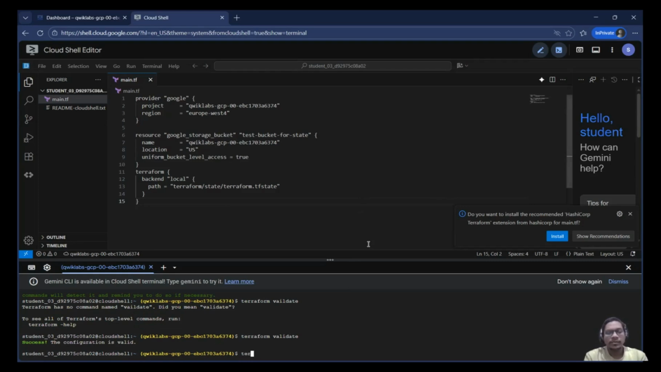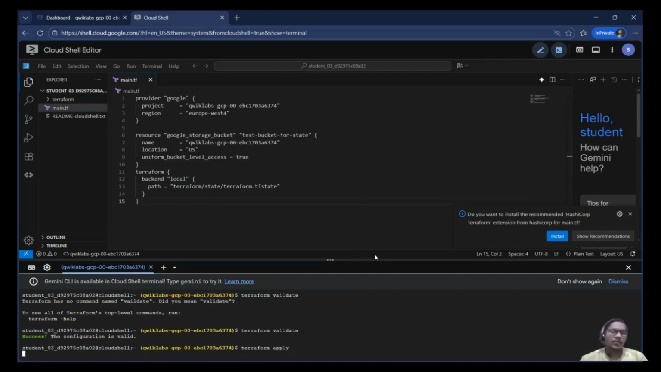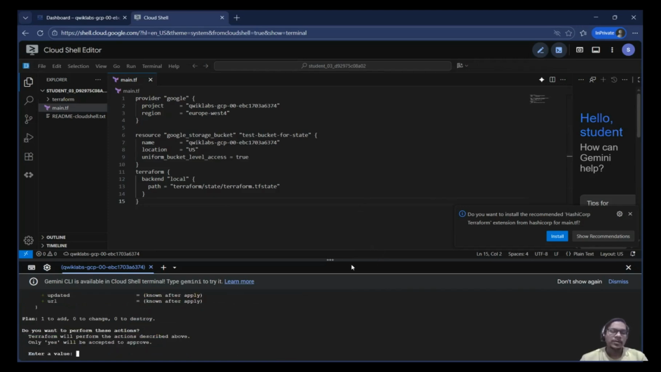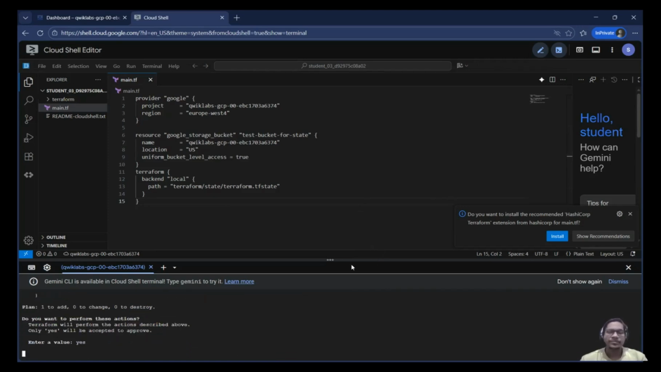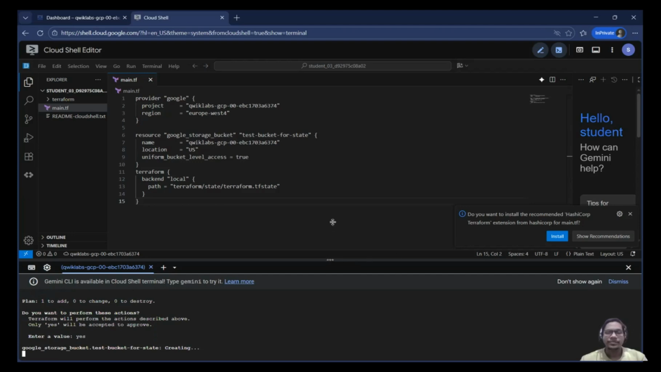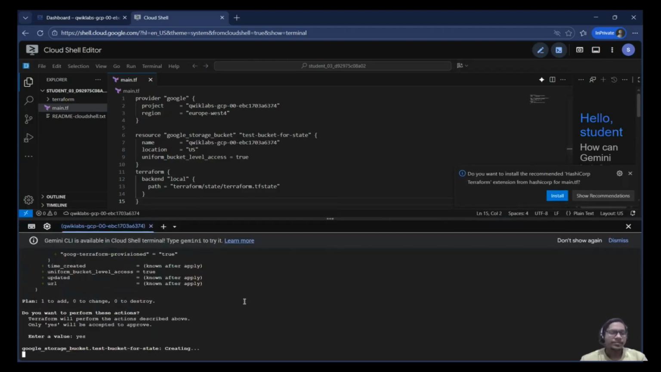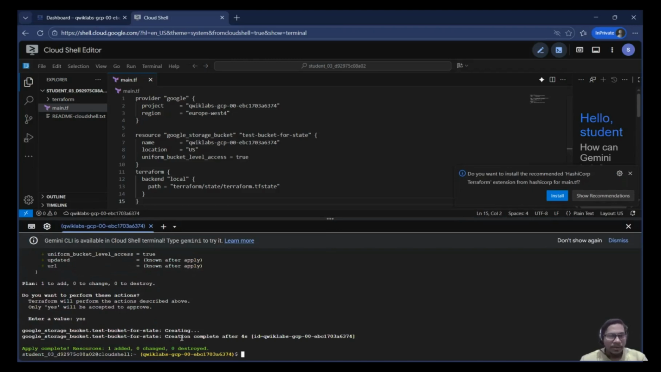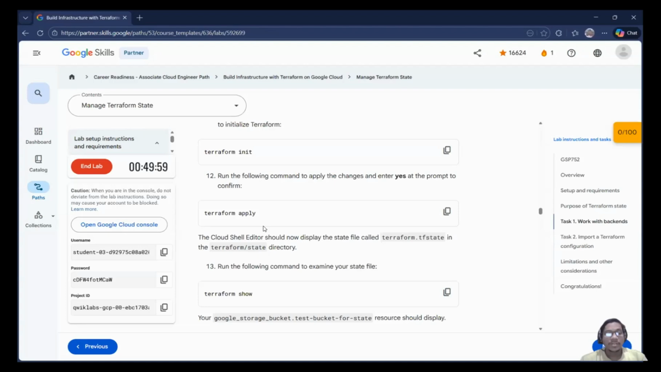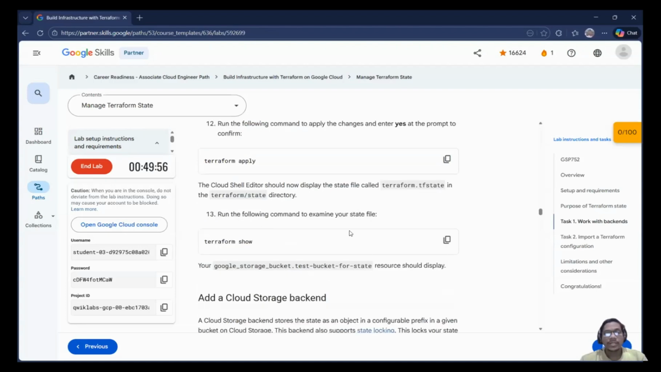We can try plan, but we can also go without it. Let's go with apply directly. Click yes. So you can see it's creating a template. It's created the storage bucket. That's good. If you want to examine your state file,